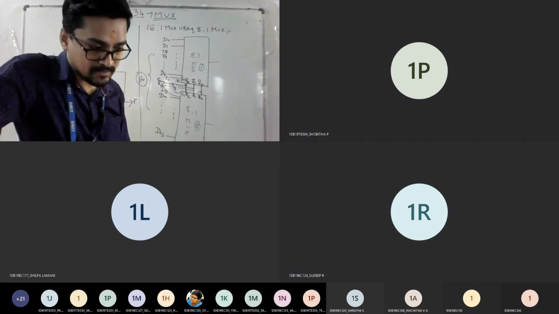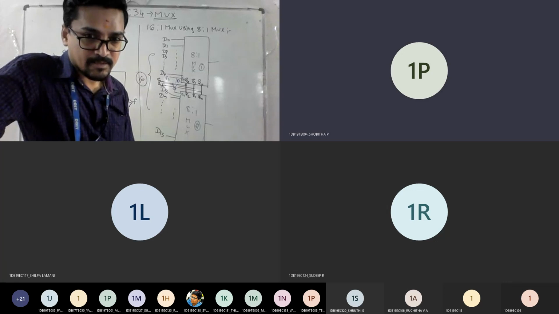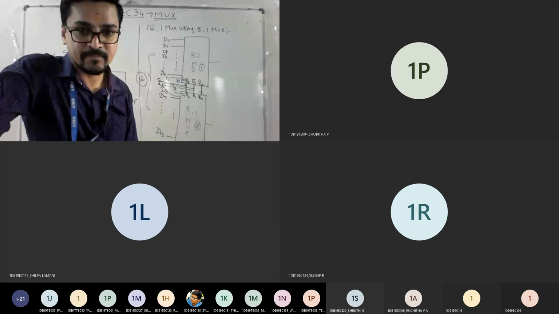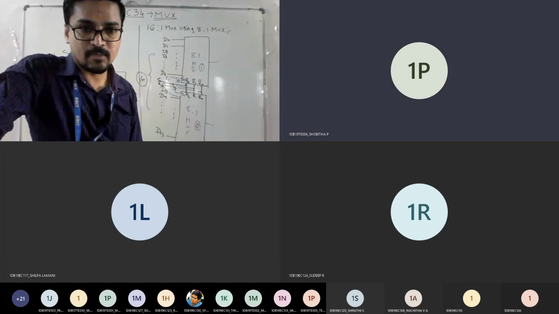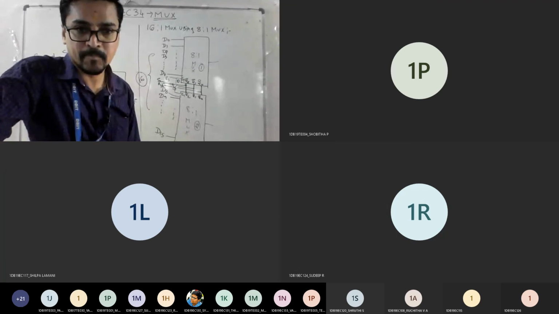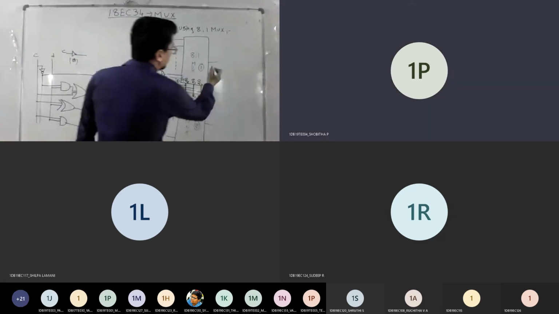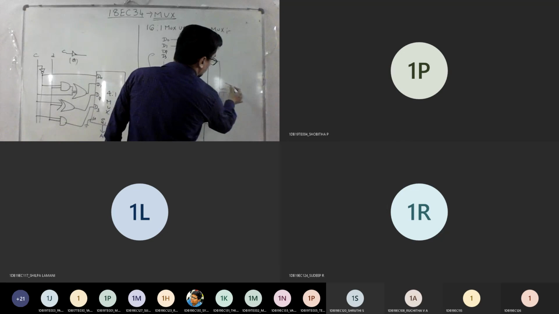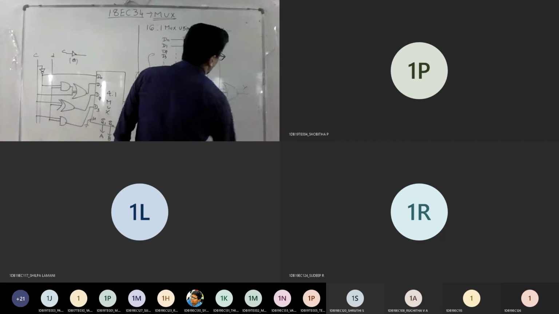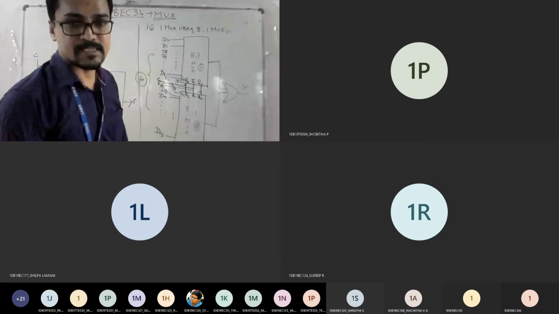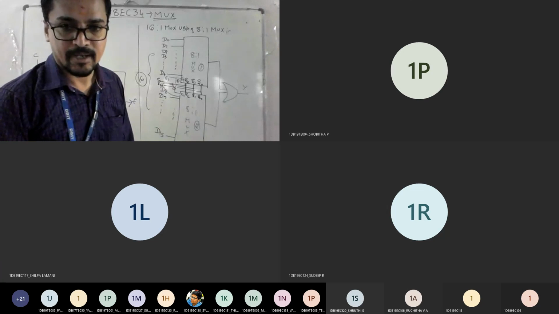If you give AND, how will it be added here? You need to add that, right? Not multiplying, OR. You need to merge it. Merge means you have to use an OR gate: sum of the first one and the second one. Correct? Understood? So you need to connect the output of the first mux and the output of the second mux to your OR gate. This is your output. So now this becomes your 16:1 using 8:1.